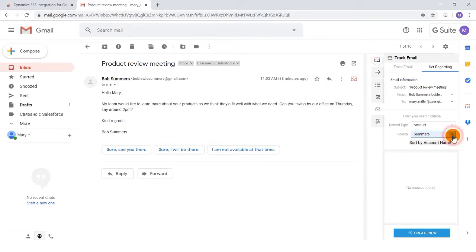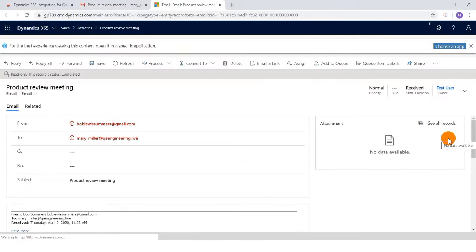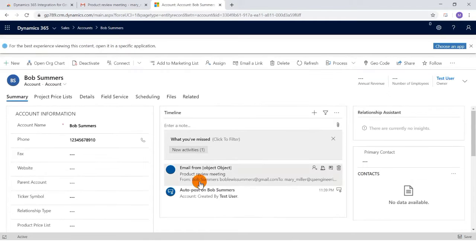account you would like to track against, or you can use the search bar. We are going to search for Bob Summers. Click on Track Email. To see it, click on the Dynamics icon or go to the account in Dynamics. You'll see that it's saved as an activity in the account and that any attachments in the reply were saved